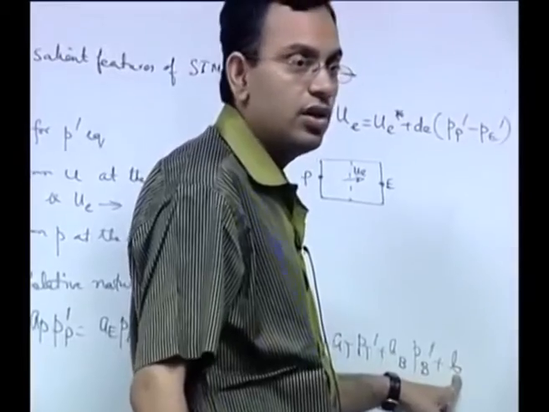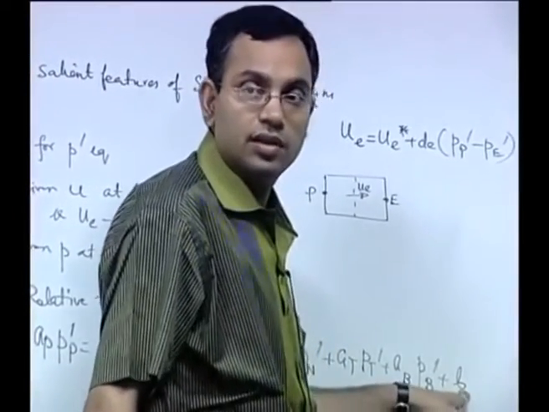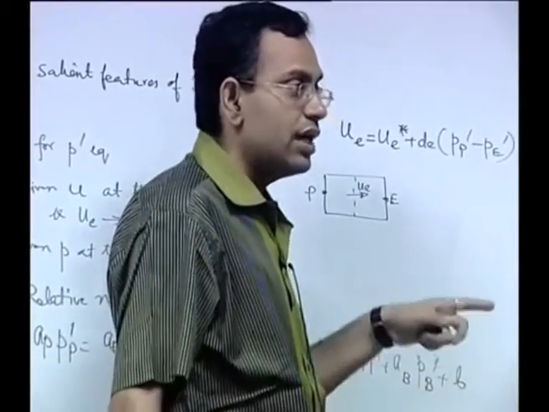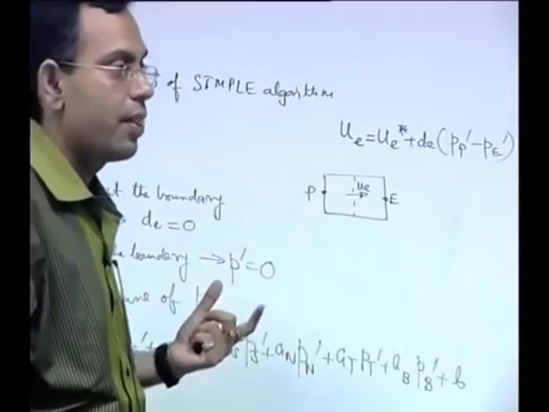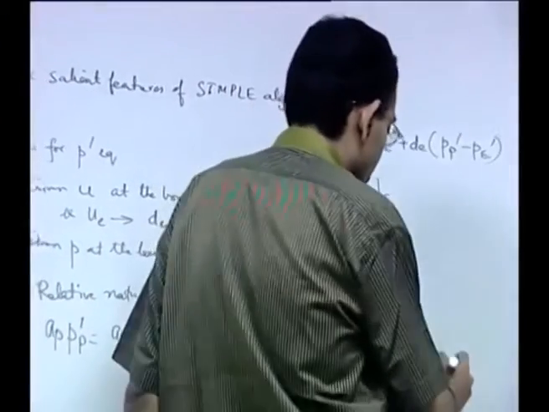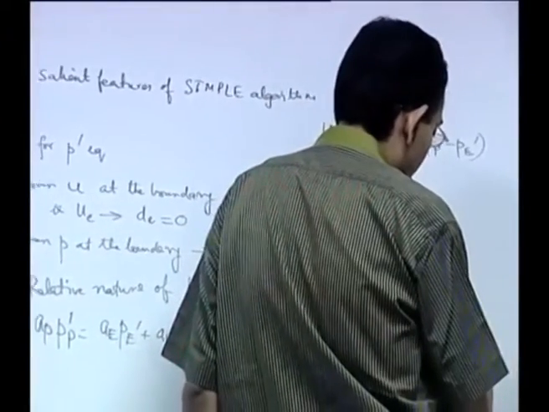So B equal to 0 is the convergence criterion, that when B equal to 0, that means you have come up with a continuity-satisfying velocity field. So when B equals 0 on convergence,